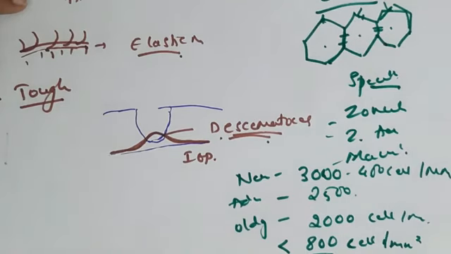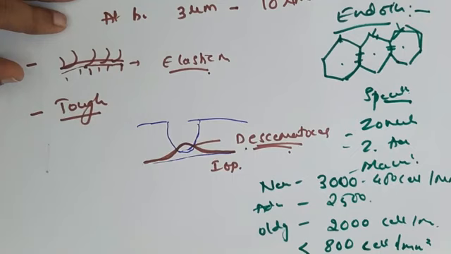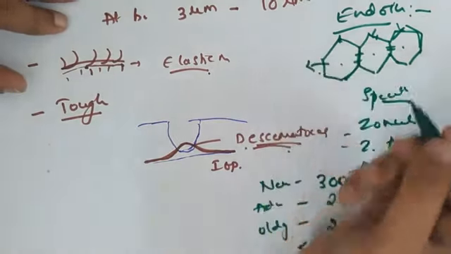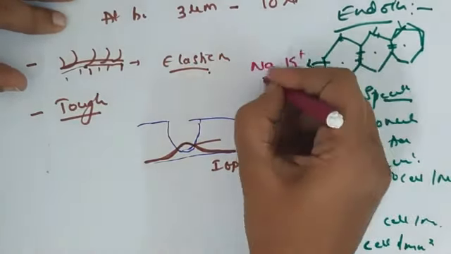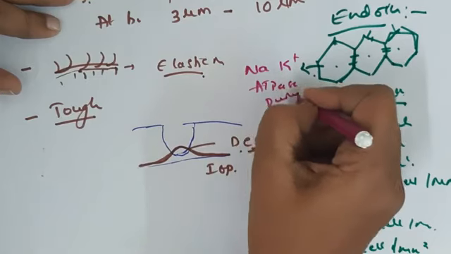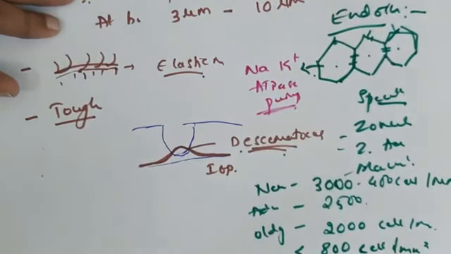So what is endothelial decompensation? The endothelium is not functioning. So what is not functioning exactly in the endothelium is the endothelial pump. In the endothelium we have a very important thing that is called as sodium potassium ATPase pump. Okay. So this helps in constantly removing the water from the cornea, thereby maintaining the dehydrated state of the cornea and making the cornea transparent.